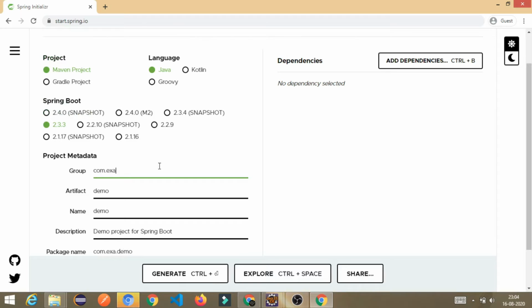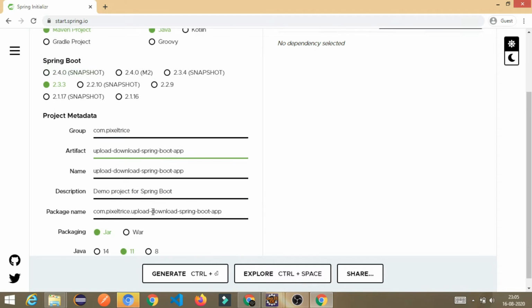I will give the artifact name, suppose upload-download Spring Boot app.